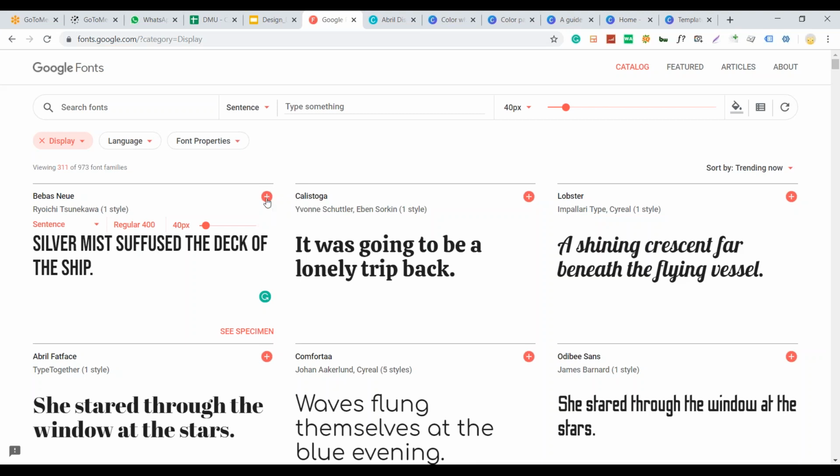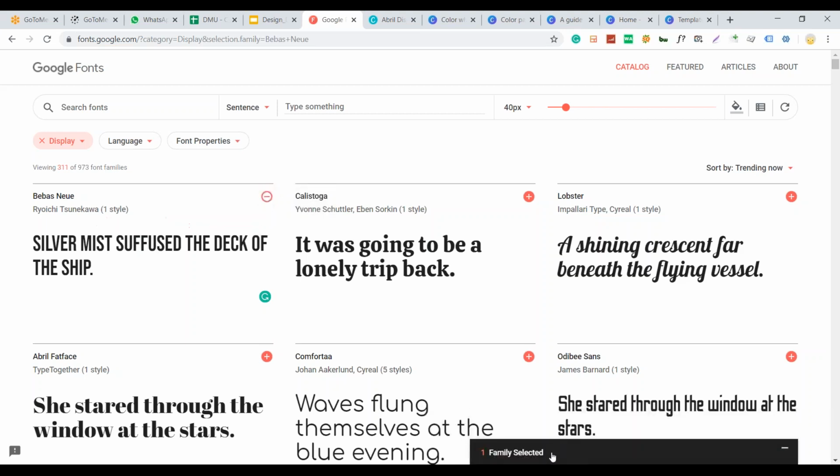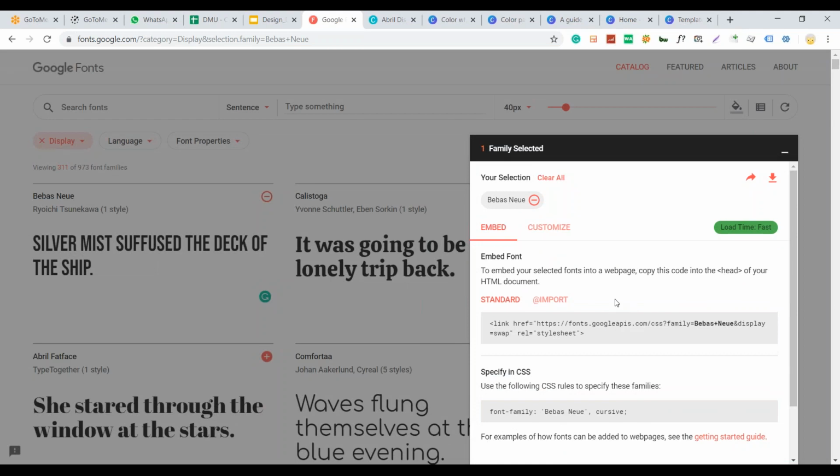So how to download it? You can select the plus button and you'll find that you're able to download the font. Now, in case you want to share this font with your web designer or your social media marketing designer, then you can simply share this particular font from here. So you can share the font with your designer or with your web developer